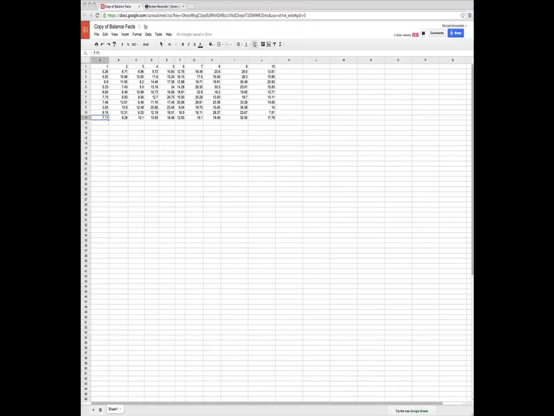Hi there. Here we are in Google Spreadsheets, and we are looking at a data set with 10 columns and 10 rows. In these rows, we have numbers that represent times. So now that we have that, we're going to try to use a built-in function inside of Google Spreadsheets called